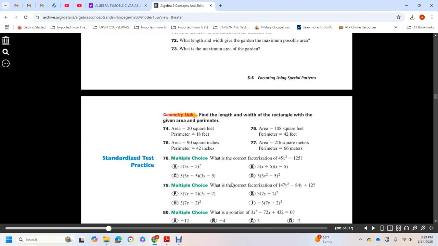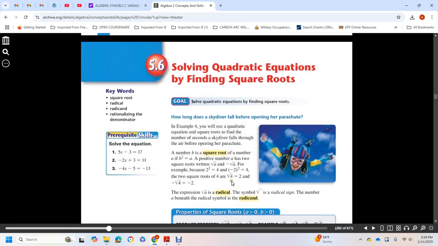Moving along. 5.6, Solving quadratic equations, finding square roots. A number b is a square root of a number a if b squared equals a. A positive number a has two square roots, written as the square root of a and the negative square root of a. For example, because 2 squared equals 4, and negative 2 squared equals 4,